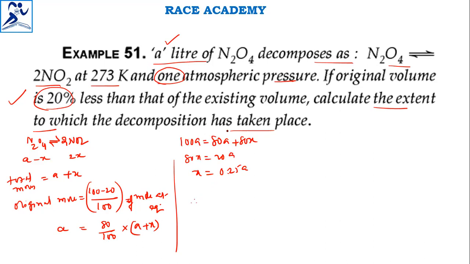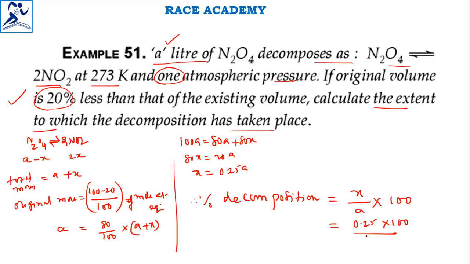So what is the percent decomposition? Percent decomposition is equals to X by A, that is number of moles dissociated by total number of moles taken initially, into 100. The X value is 0.25A into 100,